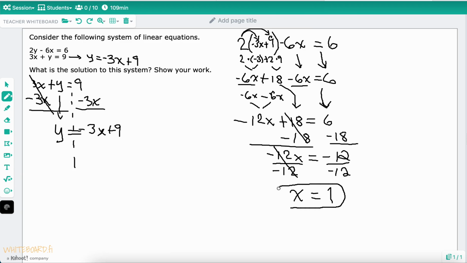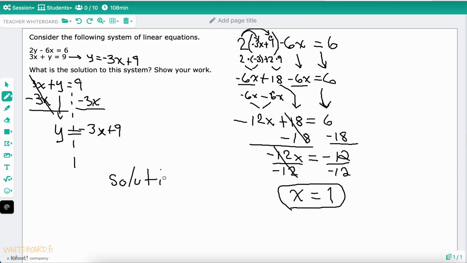We have one of our numbers. Now you can look at this and ask yourself which one is the easiest one to use. And by that I mean one of the two equations. That's completely and totally up to you. You can choose either one. You're going to get the same value for y regardless, because in this case that is one of the solution pieces. So at this point I'm going to write here solution,